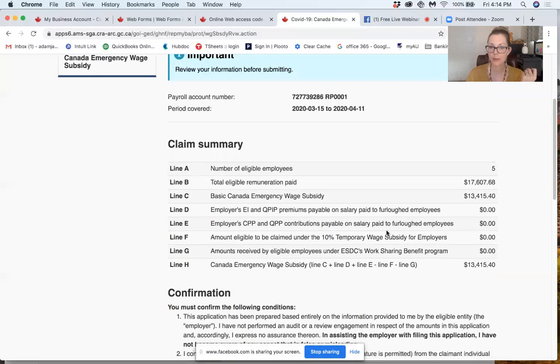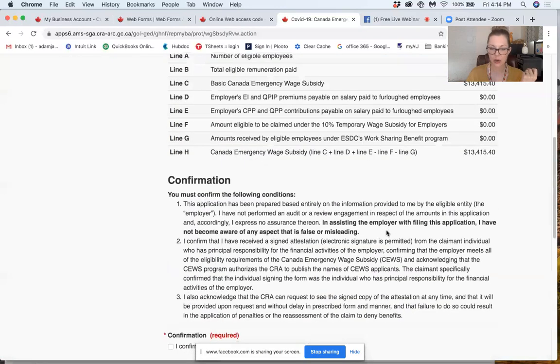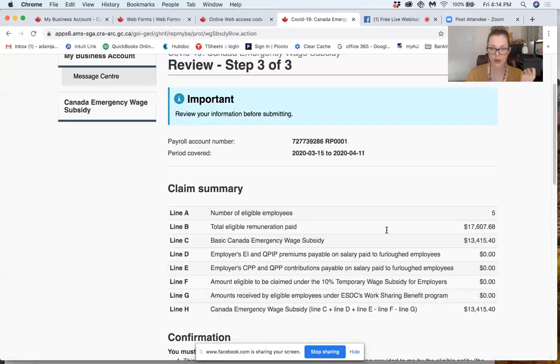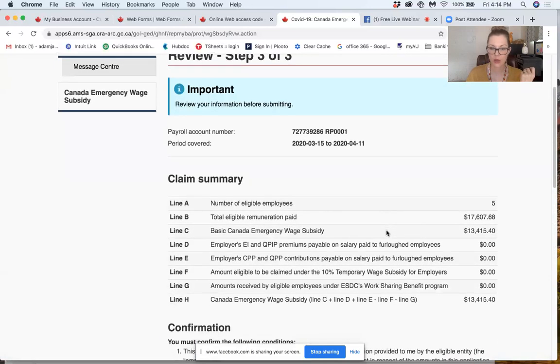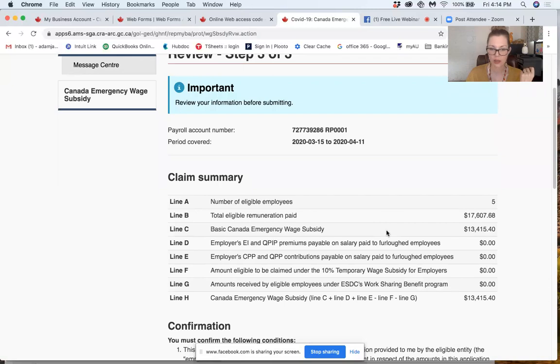That's interesting. I think they must have changed that, because I've heard other accountants were talking about how you couldn't claim 0. But okay, so even though it's going to let you, because not everybody is applicable for both programs, so that must be why, because some people would actually be in a scenario where their organization can get the 75%